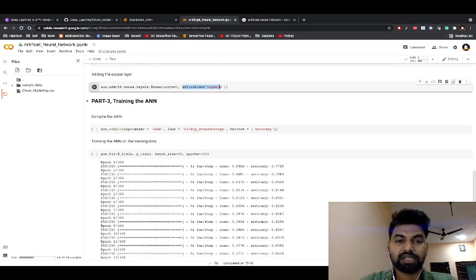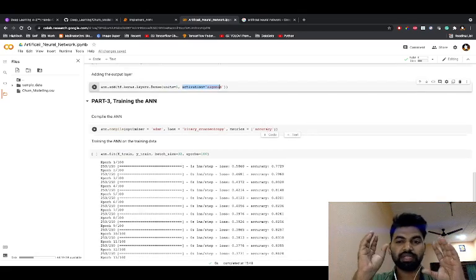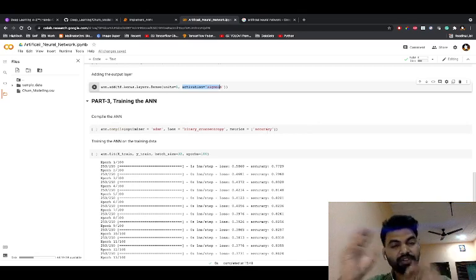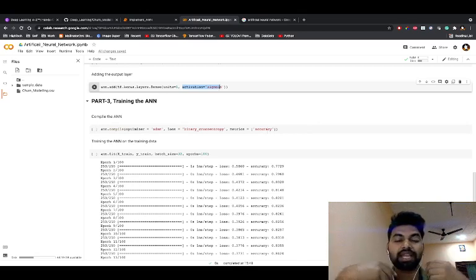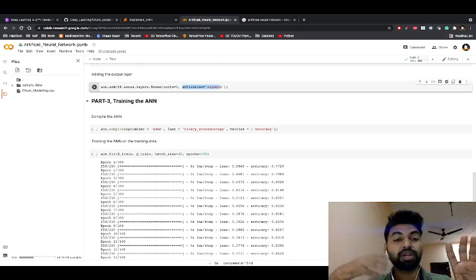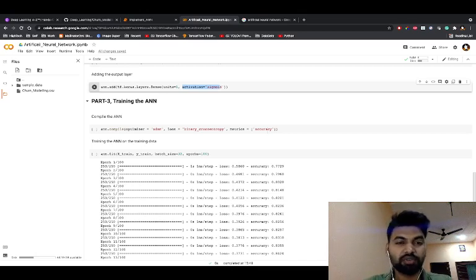Now the third part that comes into the picture is training the artificial neural network. So now we have initialized the input layer, the dense layer, or I can say the fully connected layer, the hidden layers, and we formed the output layer. Now what is next? The formation of our neural network is completed. Architecture-wise it's completed, but we need to train this architecture so it can learn by itself from the data. So for that we need to train this artificial neural network.